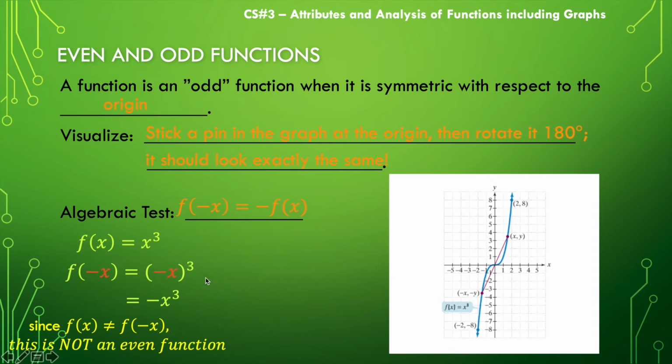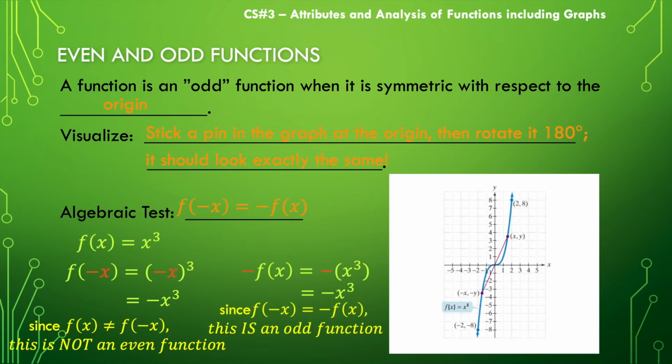So I am going to go back to my original function, f of x is equal to x cubed, and I'm just going to put a negative in front of that and say negative f of x is equal to negative times the whole thing, x cubed. And in this case, we will end up with negative x cubed. Fantastic. Okay, now I'm going to compare that to what I got before. And since these are the same, since f of negative x is equal to negative f of x, this is